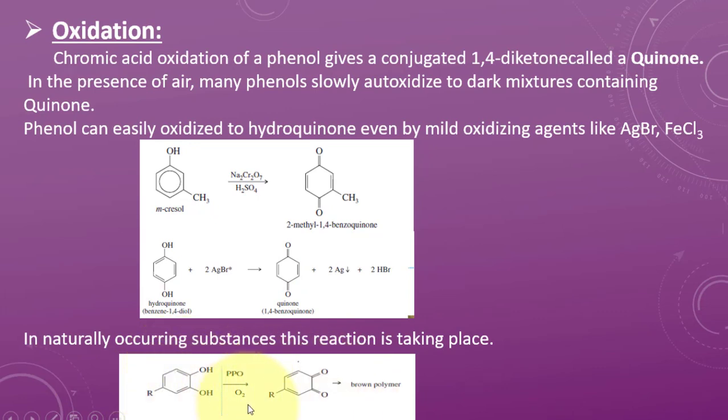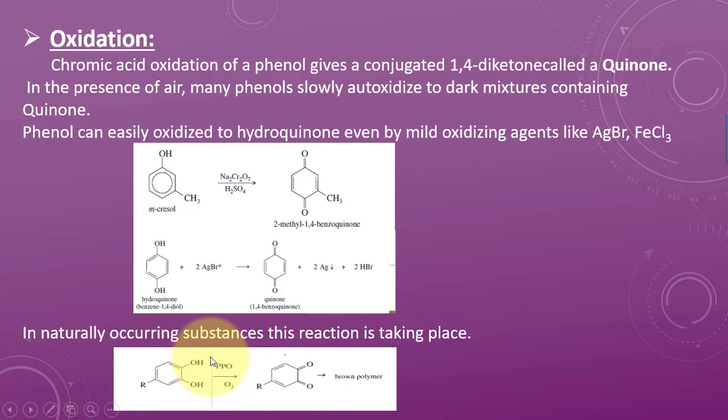Now we see that here a reaction is shown in which derivative of catechol is taken and that is being converted into orthoquinone, and orthoquinone then forms brown polymer. This reaction occurs very much in the nature. Mostly naturally occurring substances have catechol, and they also have this enzymatic catalyst polyphenol oxidase in them, which readily converts this catechol derivative in the presence of oxygen into orthoquinone, and this orthoquinone is actually not a stable product, and